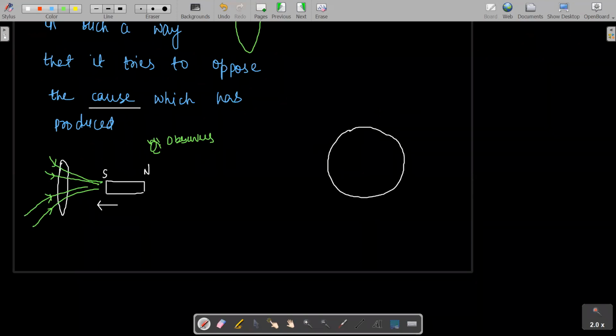In this case, what will be the direction of current, students? Tell me, it will be clockwise, right? It will be clockwise. How? Because see, the magnetic field lines are crossing this area, okay? And if I am moving this south pole in this direction, then the magnetic field coming inside this area is decreasing, right? Or increasing, students? Tell me, increasing or decreasing?